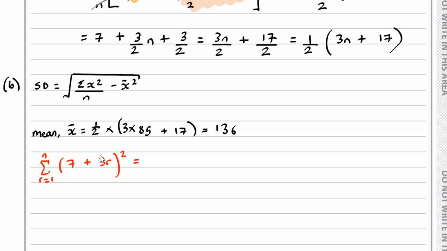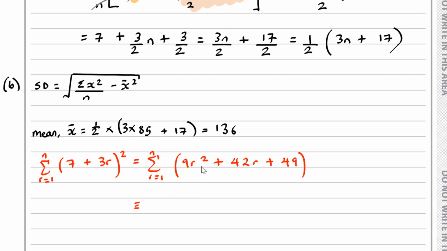So this bit corresponds to this bit here. That is the same as the sum from r equals 1 to r equals n of 9r squared plus 42r plus 49,